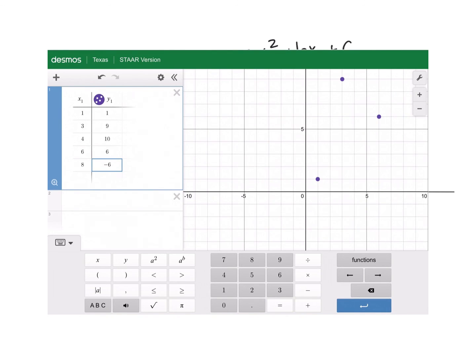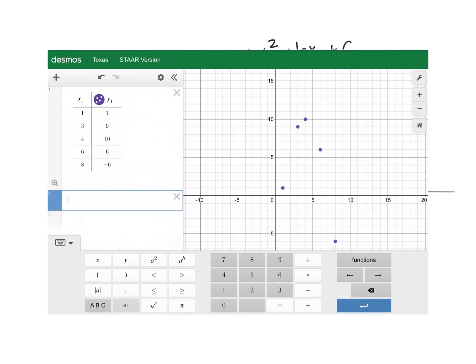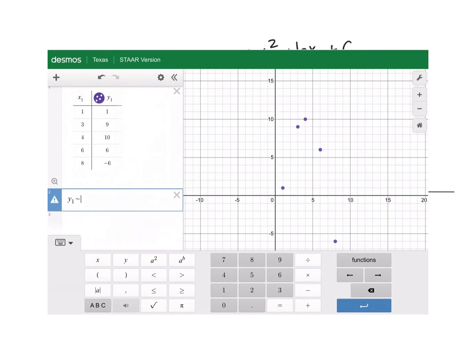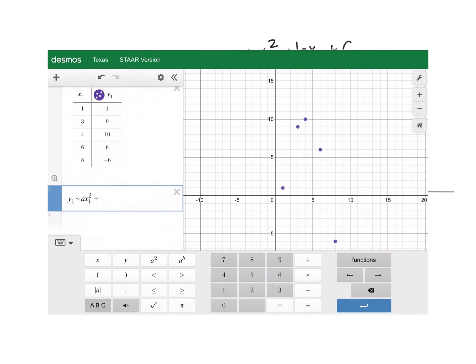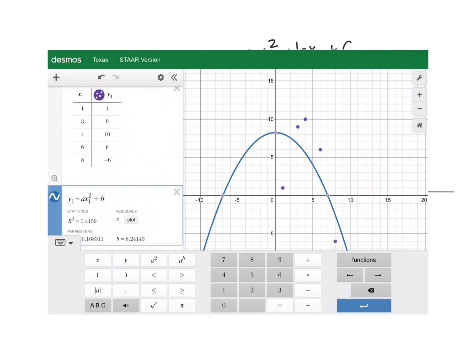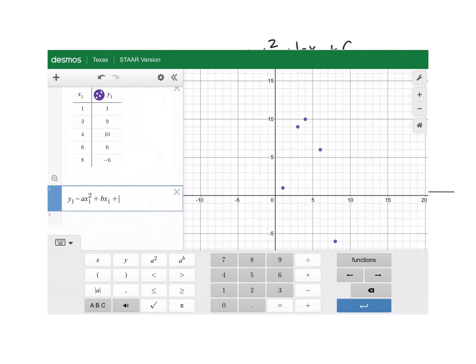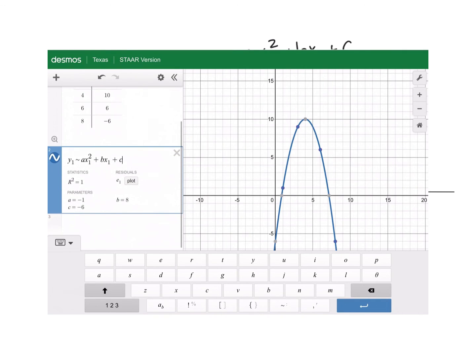So now that we have these in here, you can see that some of them have been plotted here on Desmos. And in a new box, we want to type in that regression equation. So again, that regression equation is y1 with the little squiggle, then ax1 squared plus bx1 plus c. So once we have this all typed in, we can look down here and it gives us what